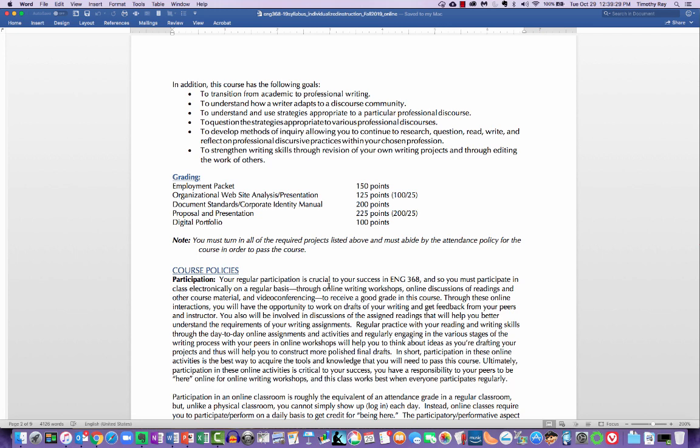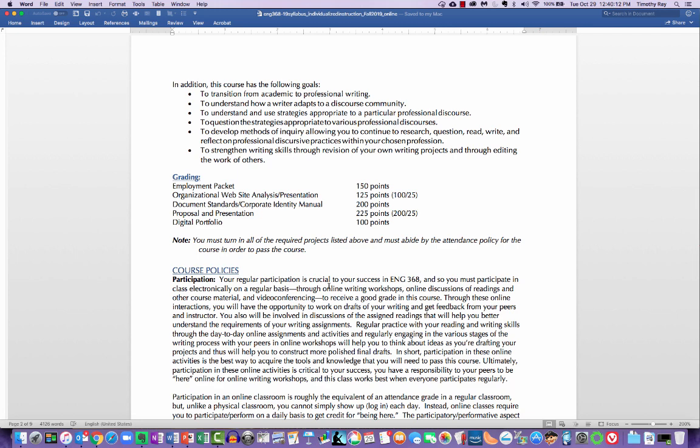The screen captures and the call out boxes set us up well for the next assignment, the document standards manual, corporate identity manual. This is a document that you're going to create. It's going to be a formal document. It's going to be 10 to 12 pages, maybe more, in which you decide on communications policies for an organization, for both internal and external communication. And part of that is going to include showing the readers, the other employees, what their document should look like. And so we'll be, again, doing more screen captures and putting them in this document.